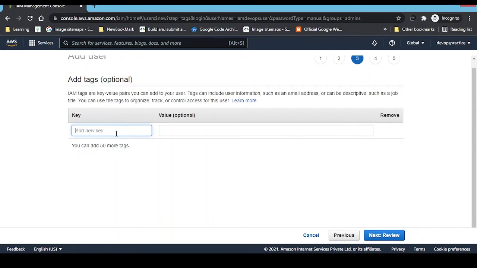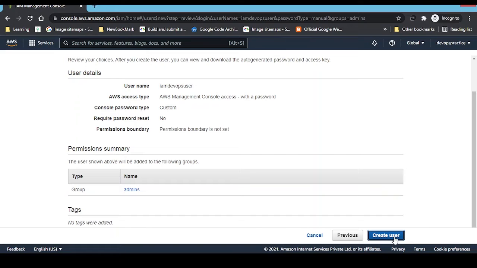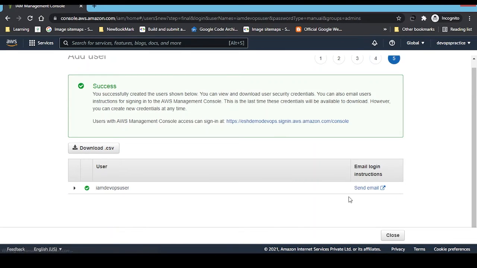When you have a very large bill and you want to categorize it based on tags, it will be easy to categorize your resources. So you can give them or not, it depends upon your choice. For now, I'm not providing any tag, and just click review and just click create user. And just close it.